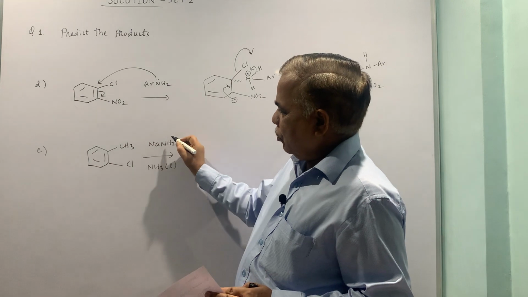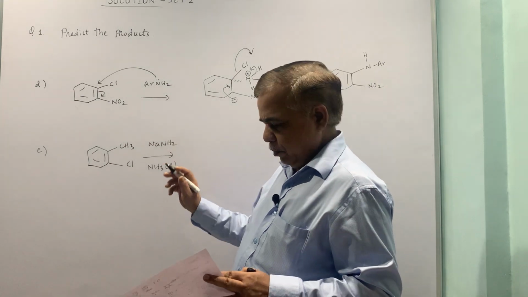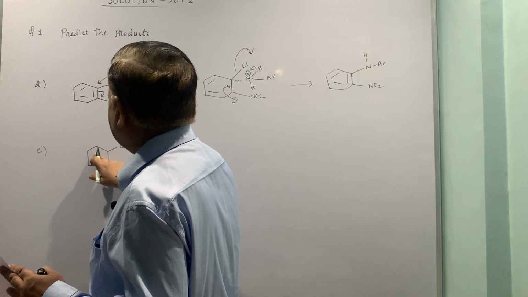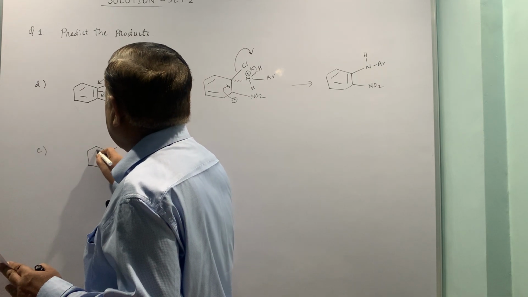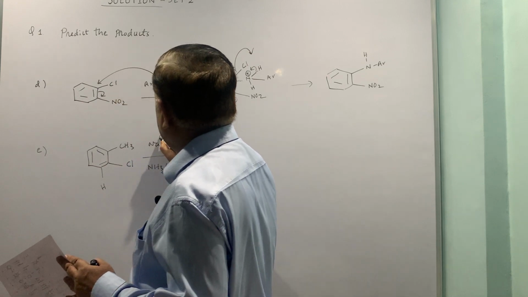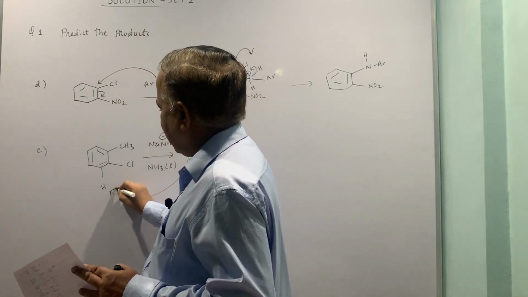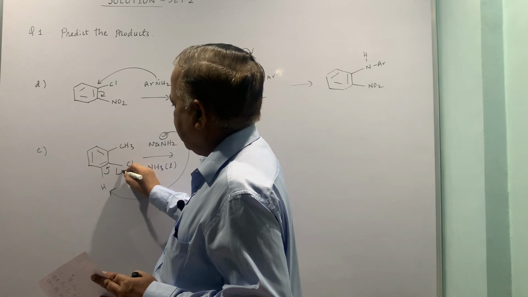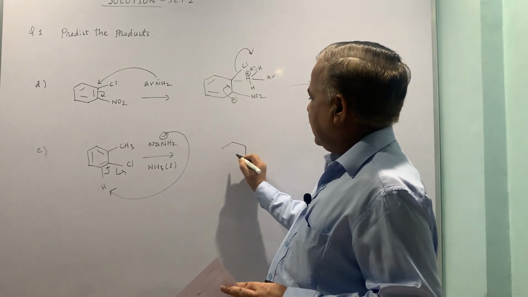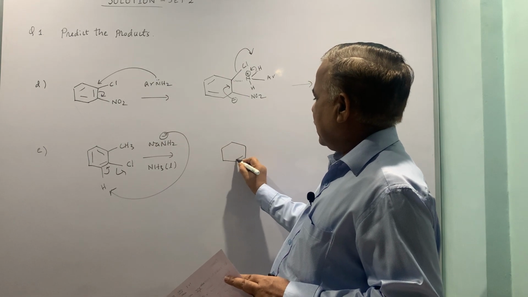Now the role of amide is to abstract the proton, the proton which is acidic, and of course we are talking about the benzyne formation. So NaNH2 will abstract a proton and the intermediate has to be a benzyne,